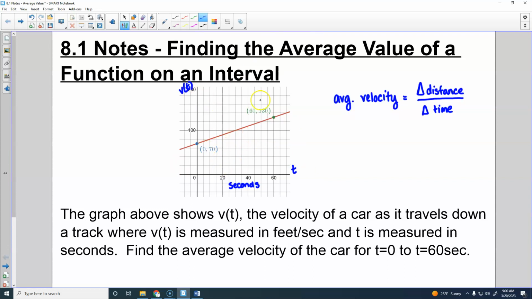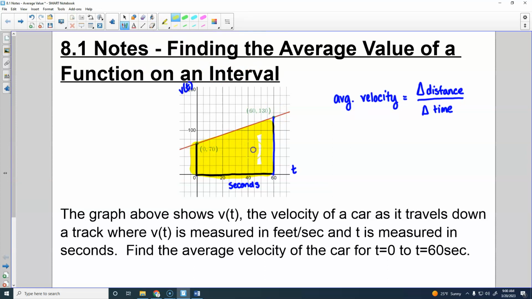So this graph is velocity. It tells me how fast the car is going. It does not tell me how far the car has gone. How do I find how far the car traveled? Area under the graph. So if I integrate this, it gives me the area under the graph,